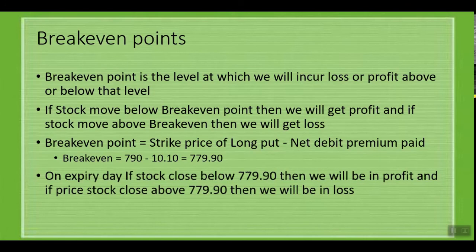Okay, so this is about the bear put spread, friends. We'll be uploading the adjustments as well, so you don't need to worry about that. Even if your view goes wrong, how can we come out of the trade without taking this max loss, which in this case is 10.10, right? We can look at examples of the multiple adjustments we can make to this bear put spread, so that either you can get some profit, or even come out of the losses if your trade goes wrong as the stock moves upside.